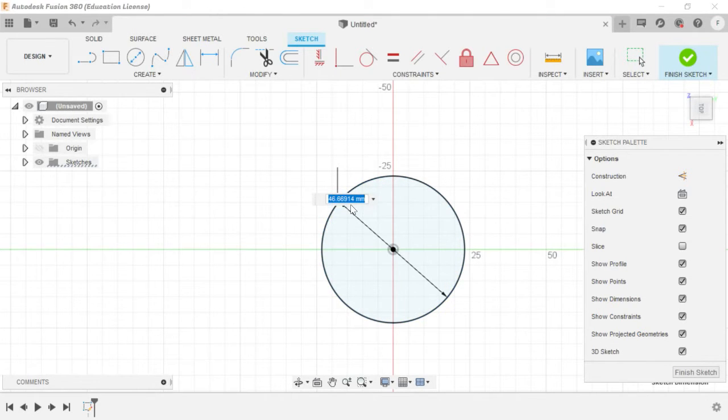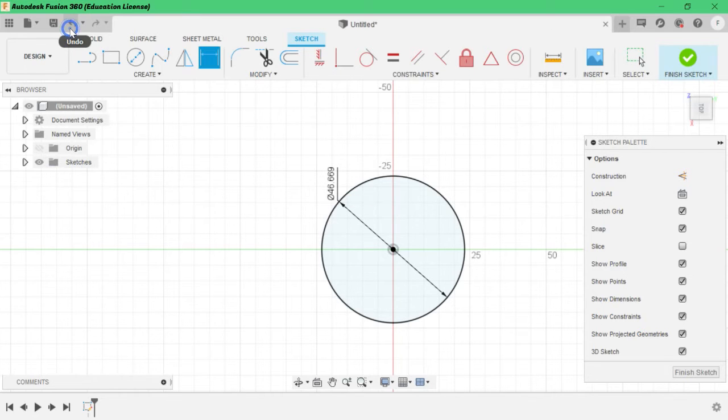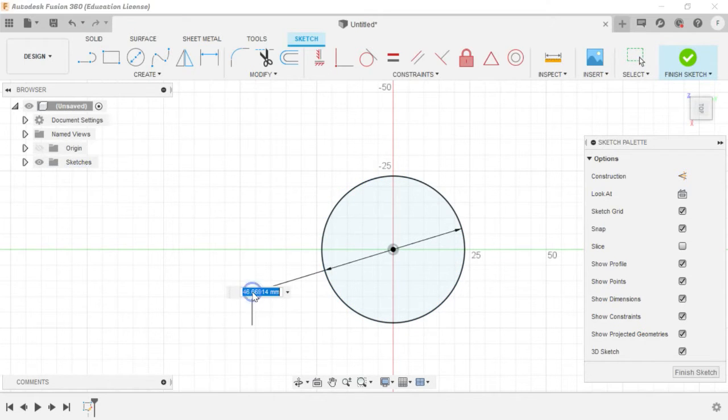Right click, you will get it like this. Left click, come out, and again left click. How to type your dimensions? I am giving 60.